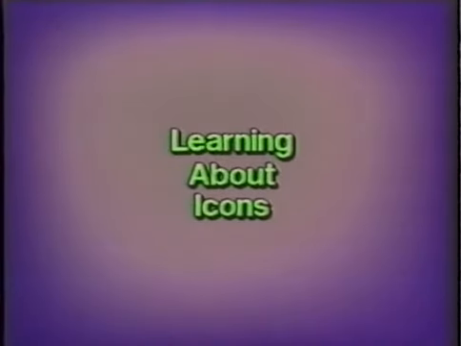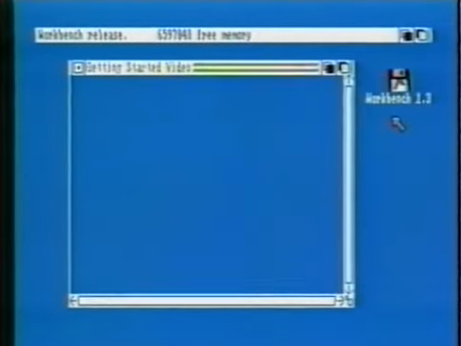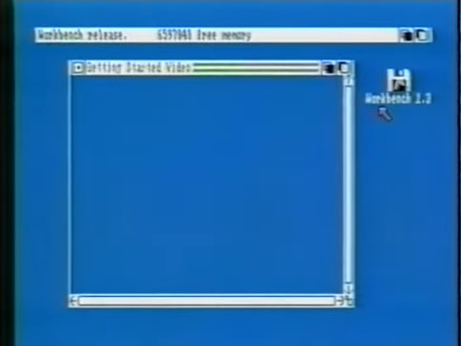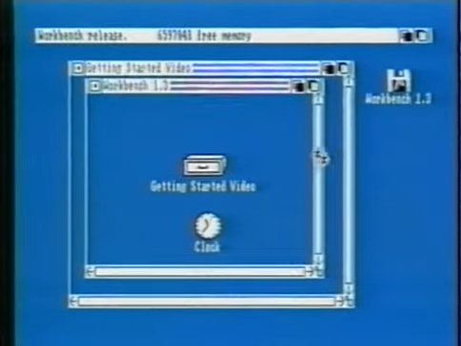Let's take a brief look at the different types of icons available to you. First of all, there is the disk icon. This represents any disks that are loaded into the Amiga's disk drives. A disk icon could also represent a hard disk or a RAM disk. If we position the mouse on top of the disk icon and click the mouse once, it'll change color. This means the icon has been selected and it's now ready to be accessed. There are a number of ways you could do this. For now, let's click the mouse twice quickly and the disk will open up and display the window of contents